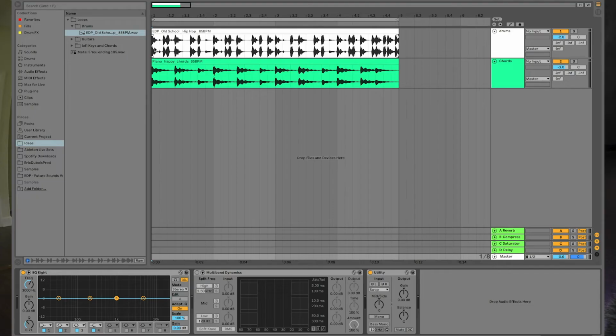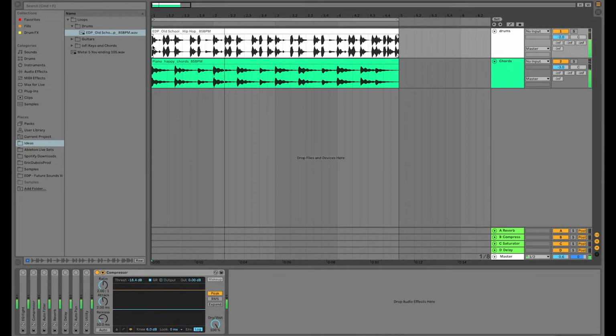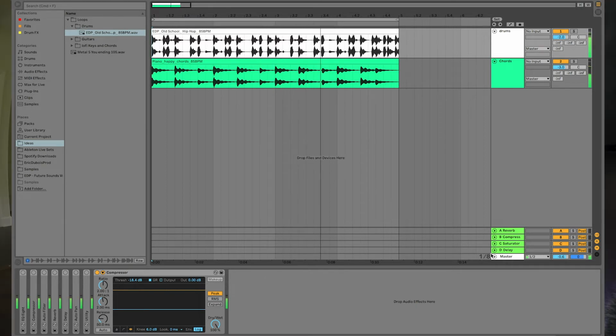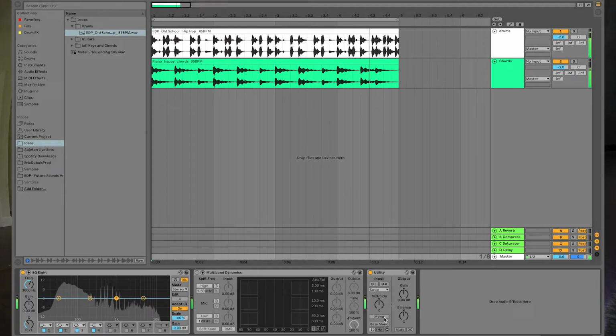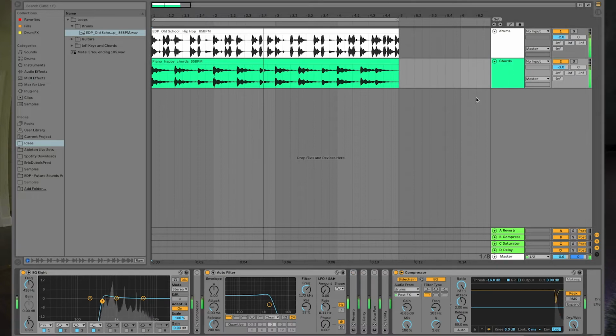So here's the track. Now let's turn on our mono and see how it goes. So if I start playing, if I start panning the synth, for example,